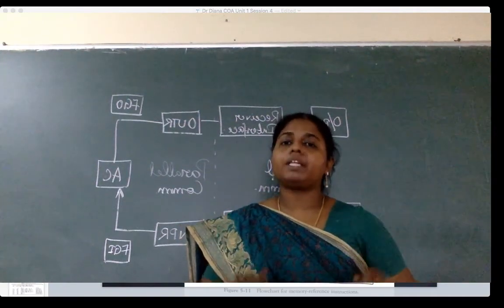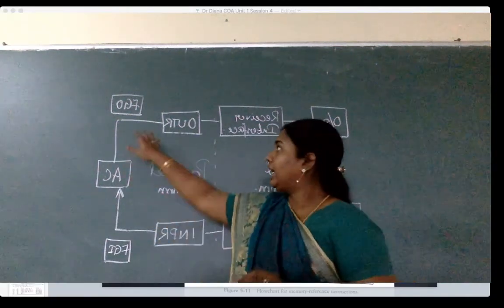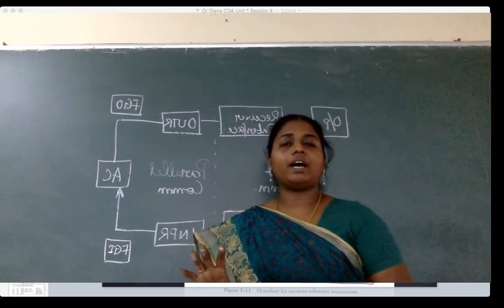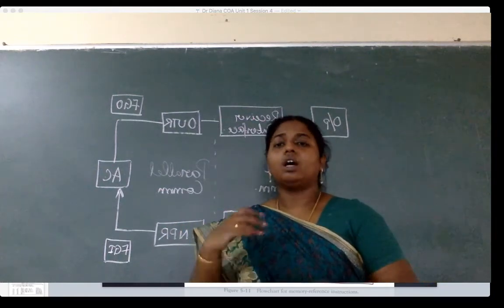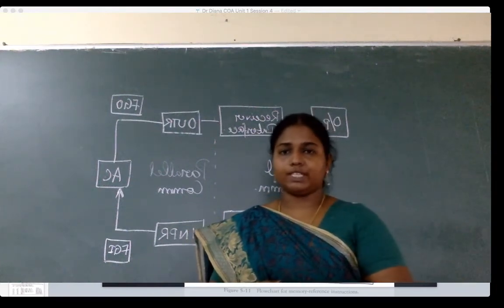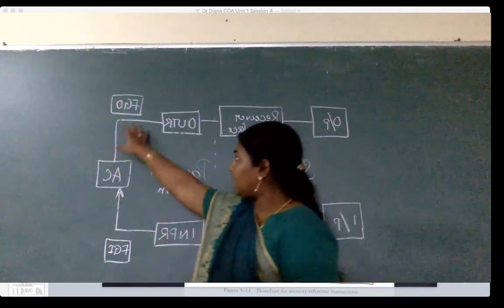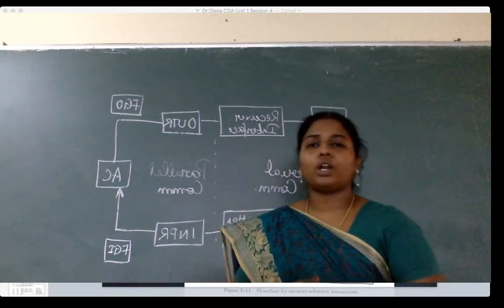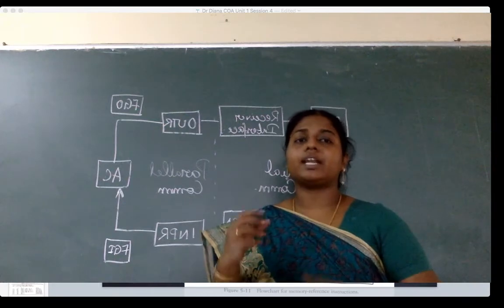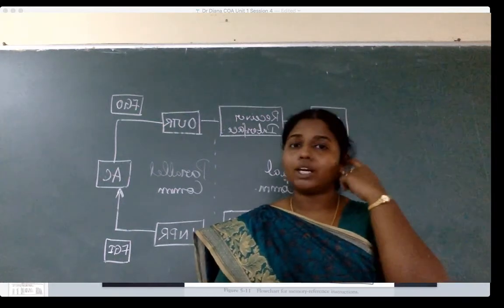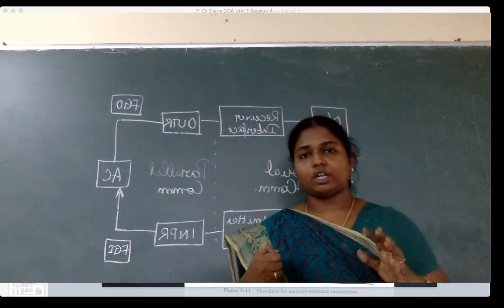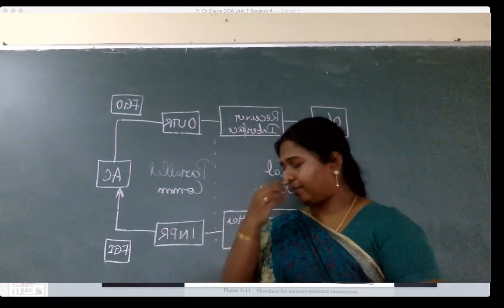Until it completes its sending operation, the FGO will be set to 0. Until the FGO is 0, the accumulator cannot send another value to the output device. Is that clear? So these FGI and FGO are called flags. Flags are bits that can indicate the happening or not happening of certain events. They help us generate some control information based on these flag values.